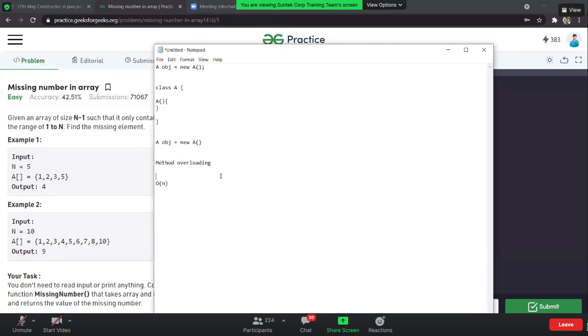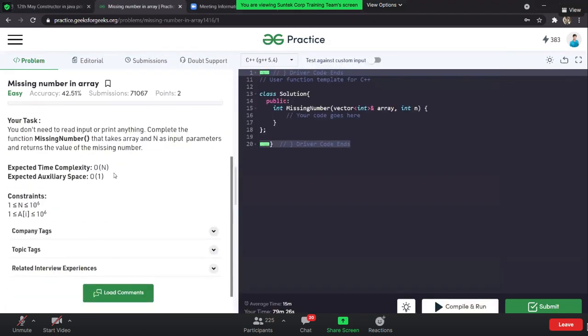So either it should have a for loop, which may look like this: int i = 0; i < n; i++, or it may look like this: while i is less than n. A while loop is also kind of a for loop, and we can keep on incrementing i with an initial value of i equals 0. So basically, if you look at the time complexity for this, it should be big O of n, and the space complexity we need to use is big O of 1.